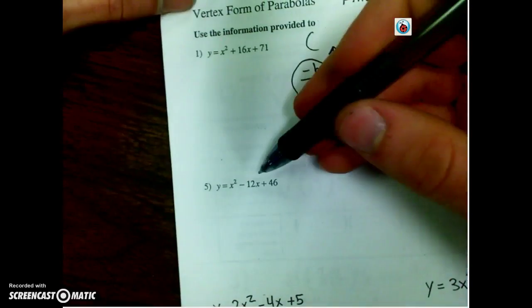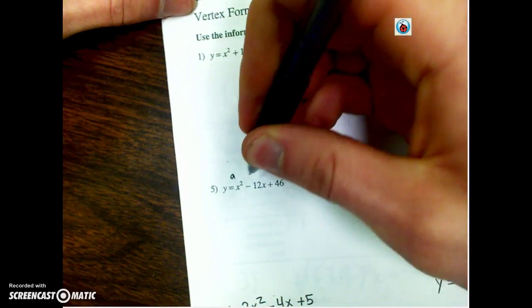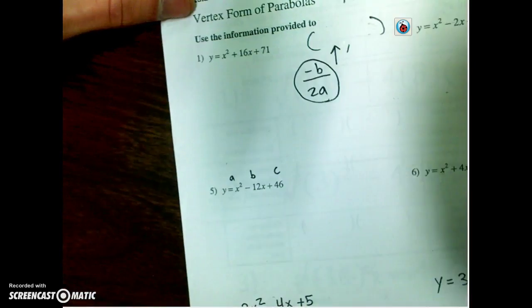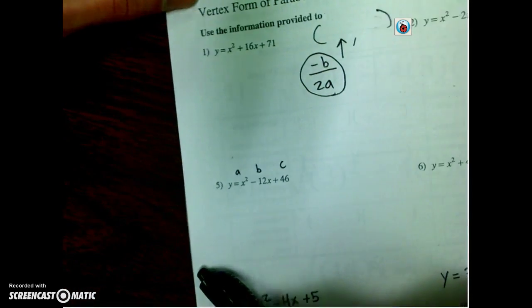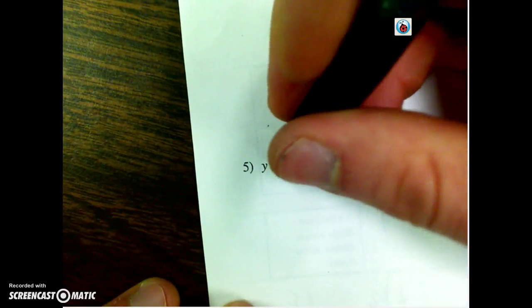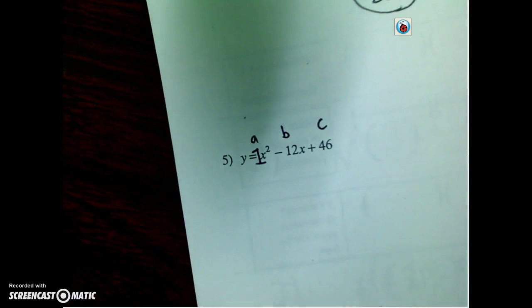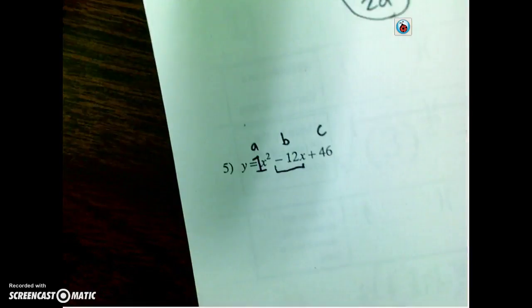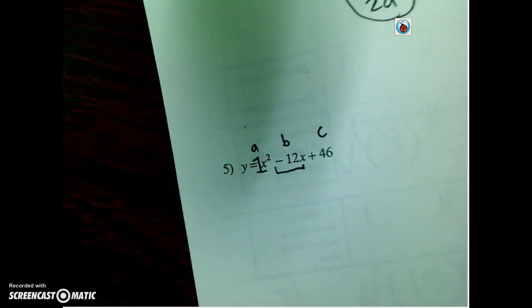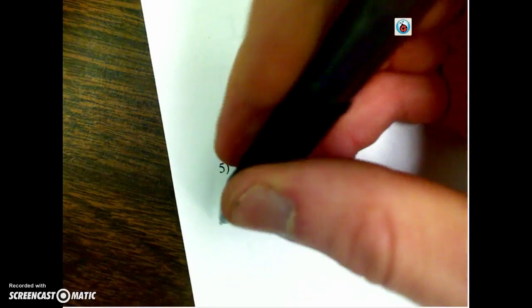Now, if we're looking for the vertex, we first need to identify where these things are. It's just alphabetical. A is the number with the x squared. So in this case, it's going to be an invisible 1. There's a 1, x squared. 1's going to be my a value. Our b value is going to be this negative 12. In this case, we don't need the c value, right? The vertex form is just negative b divided by